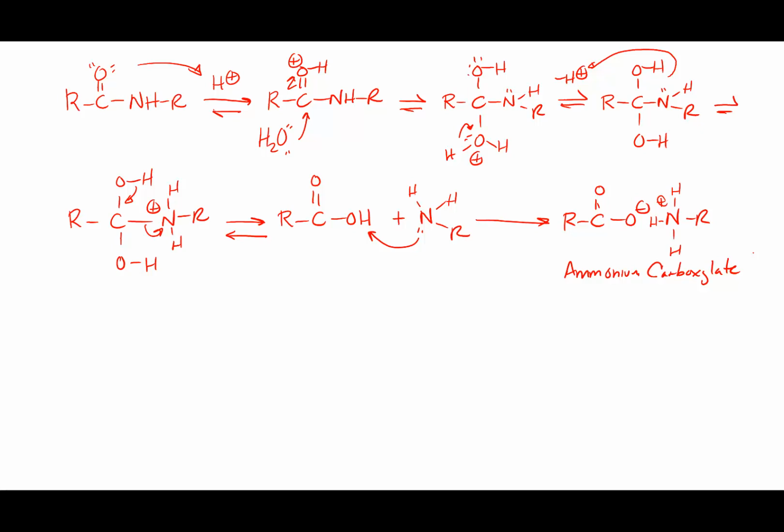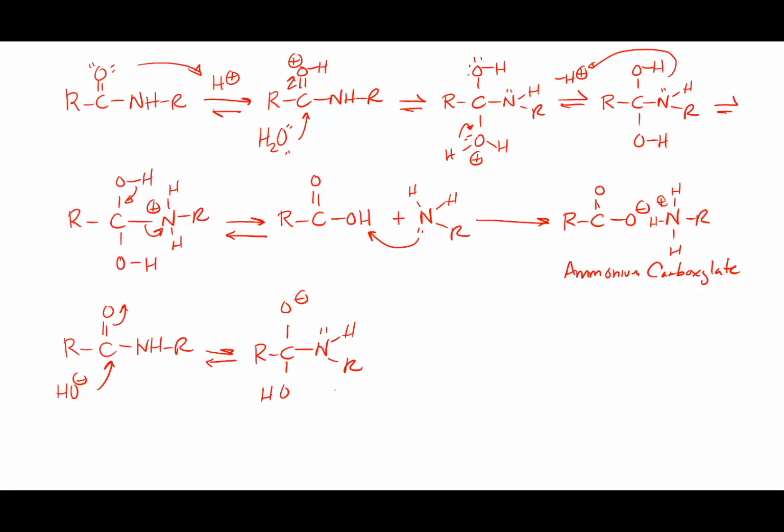Base hydrolysis is going to involve the same type of a magical step, meaning that the hydroxide is going to come in, attack the carbonyl, and a pair of electrons will go up to the carbonyl oxygen. This probably would be an equilibrium step of some sort. We'll end up with the OH group down here and the NHR group here. Now remember, without any acid present, you're not going to get